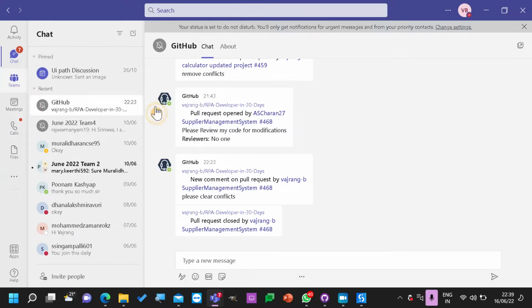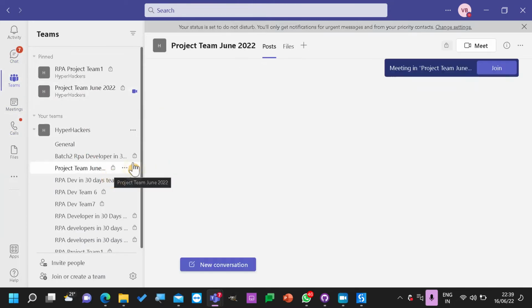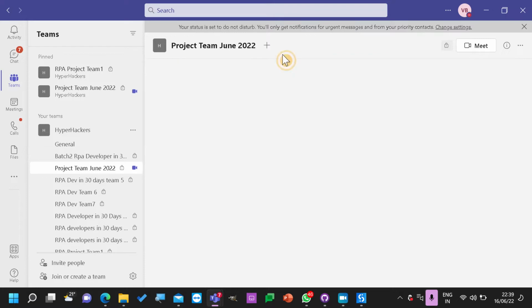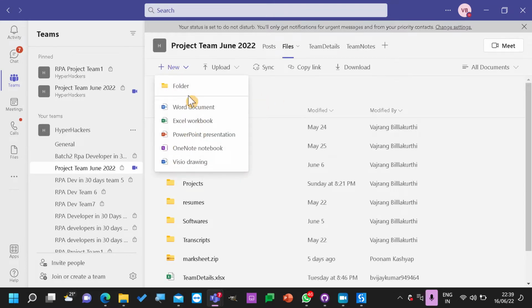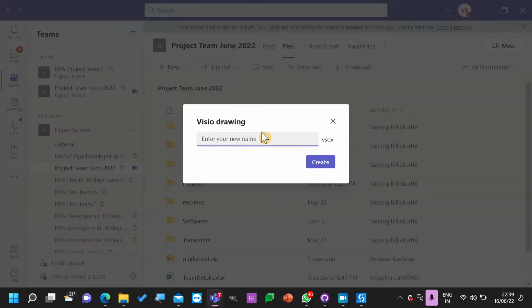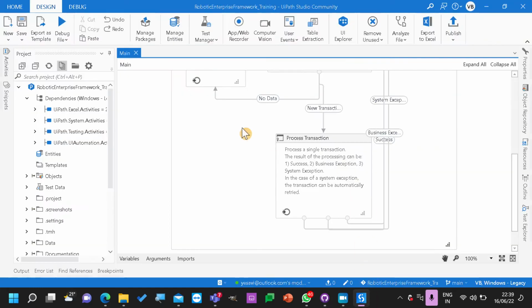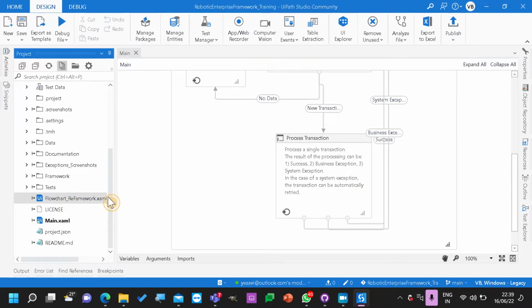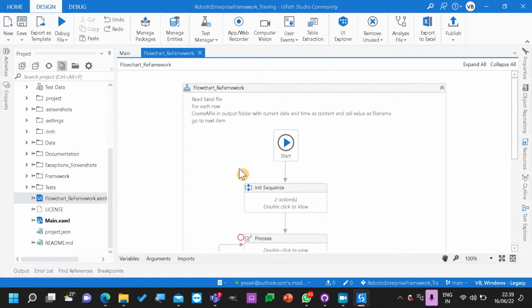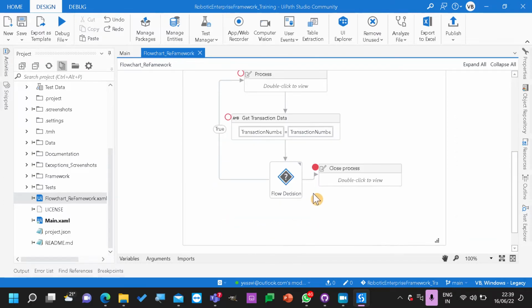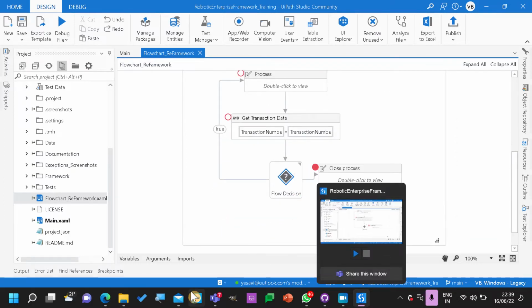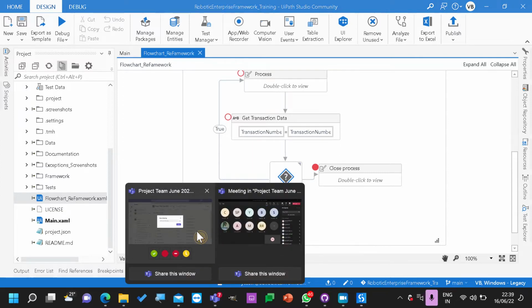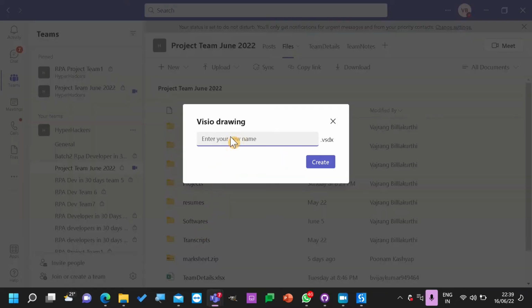Maybe we can just start with a new diagram. Even that will work. So new visual diagram. I'm just checking on this particular flow only. In REFramework flowchart, whatever we are creating over here, this is what we will recreate, and we will see what is as-is process and what is to-be process.